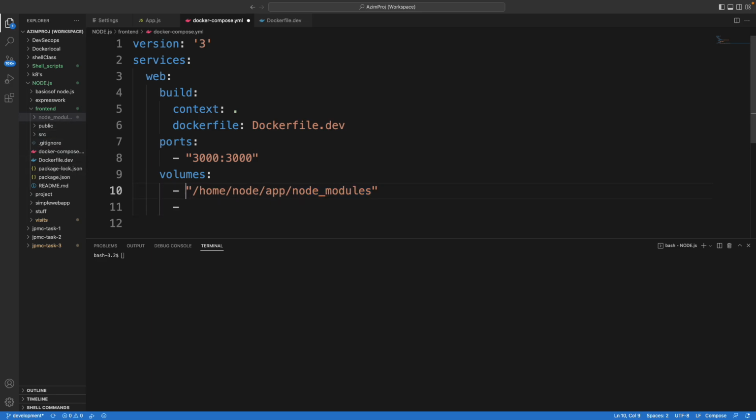And there's one more volume. We need to give a space after the hyphen over here, so that the current directory is mapped with the container's users directory. Okay, so this is done. So let's check. We will say docker compose up,